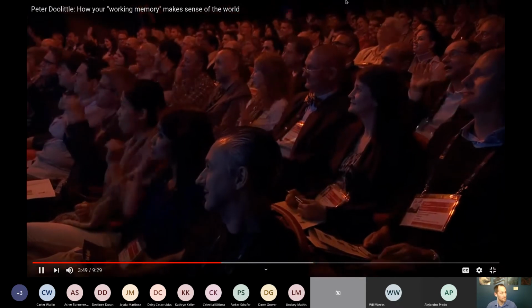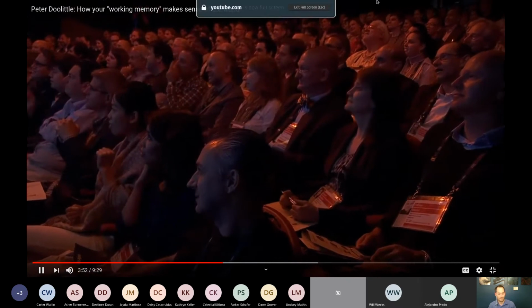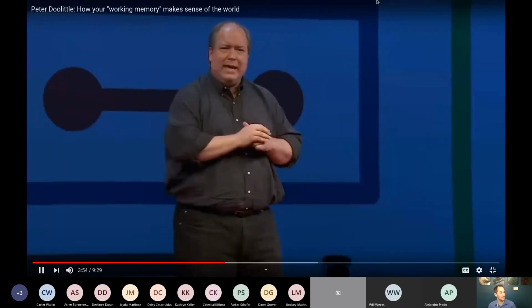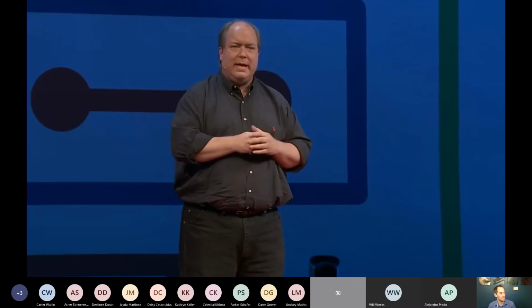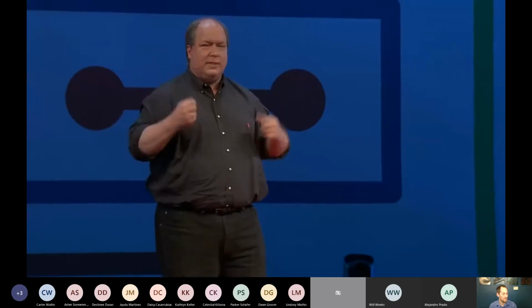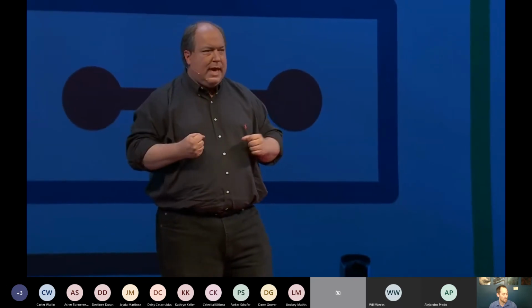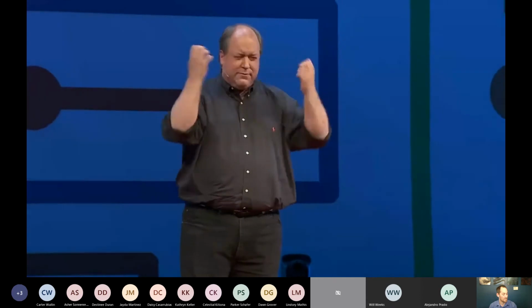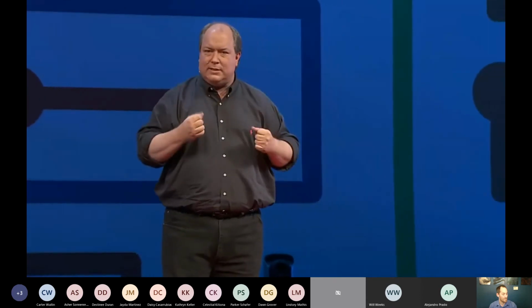Okay, typically we end up with about less than half, right? Which is normal. There'll be a range. Some people can hang on to 5, some can hang on to 10, some will be down in 2 or 3. What we know is this is really important to the way we function. Okay? And it's going to be really important here at TED because you're going to be exposed to so many different ideas. Now, the problem that we have is that life comes at us, and it comes at us very quickly. And what we need to do is to take that amorphous flow of experience and somehow extract meaning from it with a working memory that's about the size of a pea.